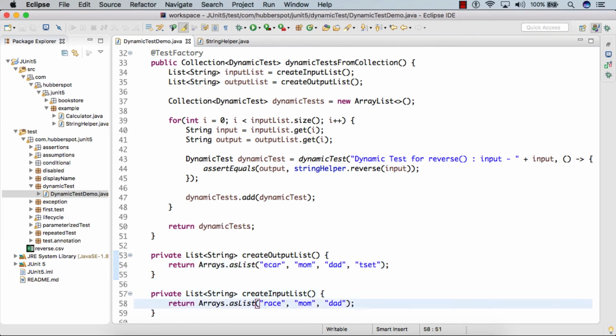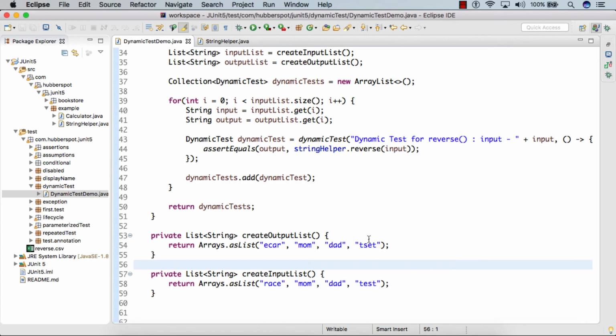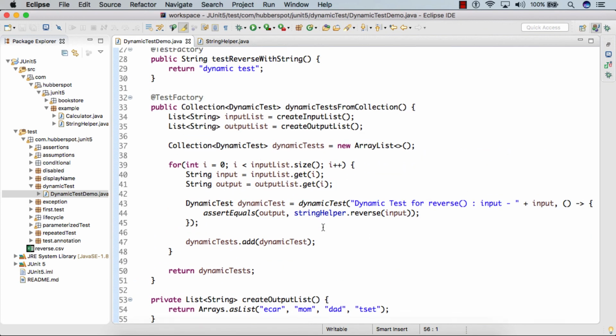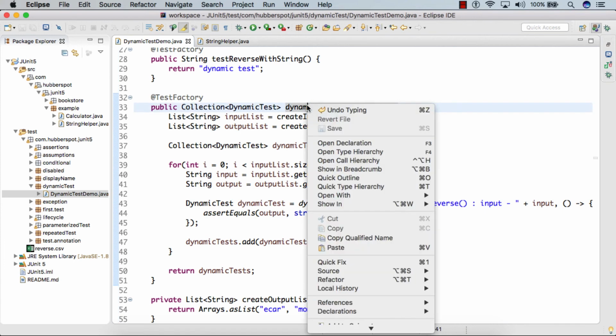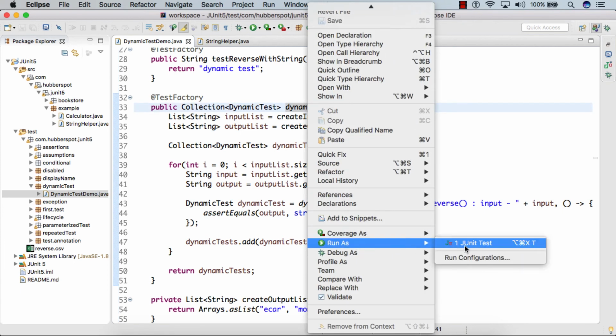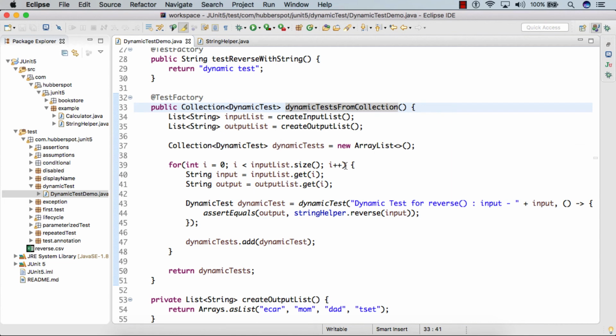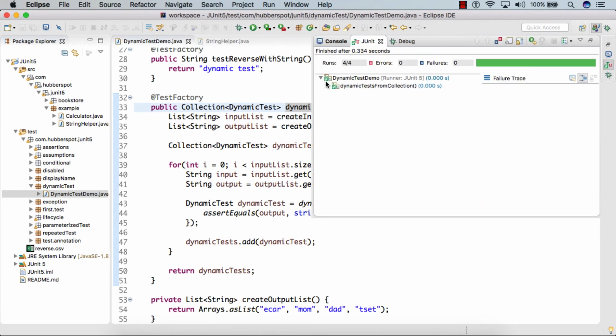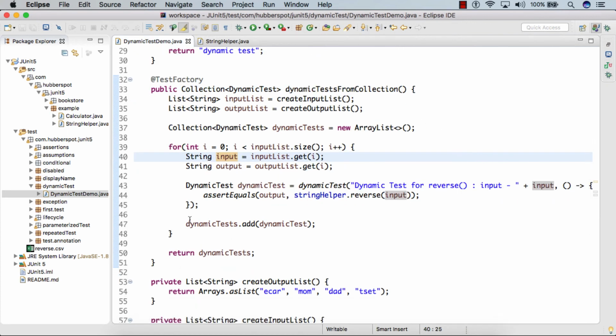So this would be our output, and it's a reverse of test. We are simply adding a new parameter here, and we are not changing our dynamic test. If I run it again, you can see it now ran for the test as well, and we didn't change anything in our code.